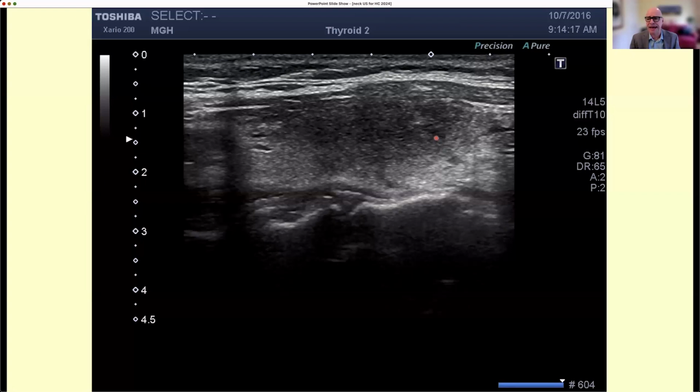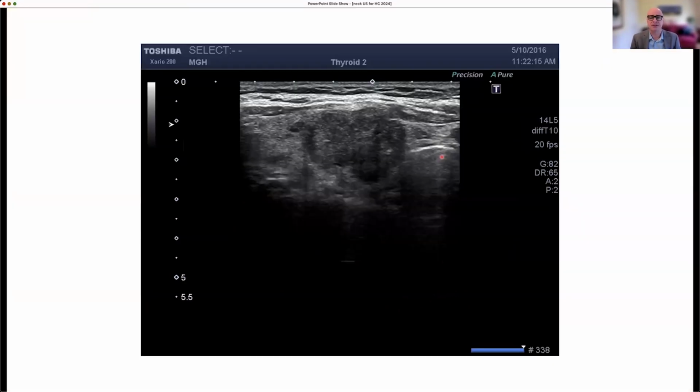This is a frequent pattern seen in focal inflammatory diseases, most often with painful subacute thyroiditis, in which the margins are ill-defined because the inflammation is more intense in an area and is trying to invade the rest of the thyroid, but has not really encompassed the whole thyroid yet. If you put the finger here, it will hurt terribly. If you put the finger here, it will hurt less. So this is subacute thyroiditis with ill-defined margins, not a marker of risk, as opposed to a nodule with irregular